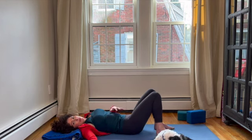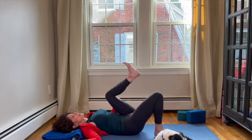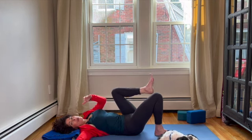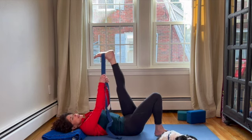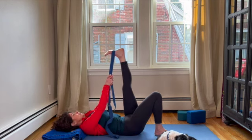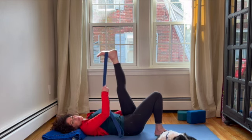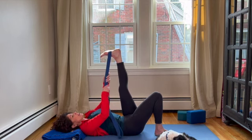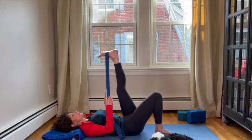So here we are, we're laying onto our back. You're gonna either draw that left knee in and then extend the heel up, interlacing your hands around the back of the left leg, or take your yoga strap, sending it up into the air and breathing. And so letting this pose really release the back of the left leg, however, maybe your knee's bent, maybe it's straight, wherever it is,